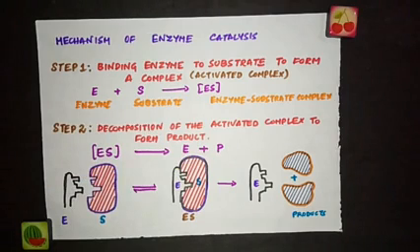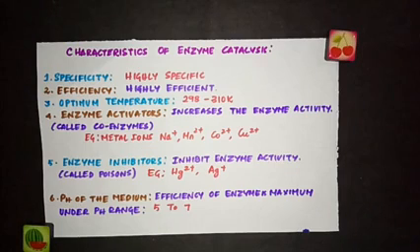As I told you, this enzyme catalysis is comparable to a lock and key arrangement. Just like a key can fit into a particular lock only, in the same way an enzyme can fit into the active site of a particular substrate only. This explains why enzymes are very specific in catalyzing a particular reaction. Now let's see what the characteristics of enzyme catalysis are. Just like other catalysts, enzymes are highly specific as well as selective in nature. This means that a particular enzyme can catalyze a specific reaction only.